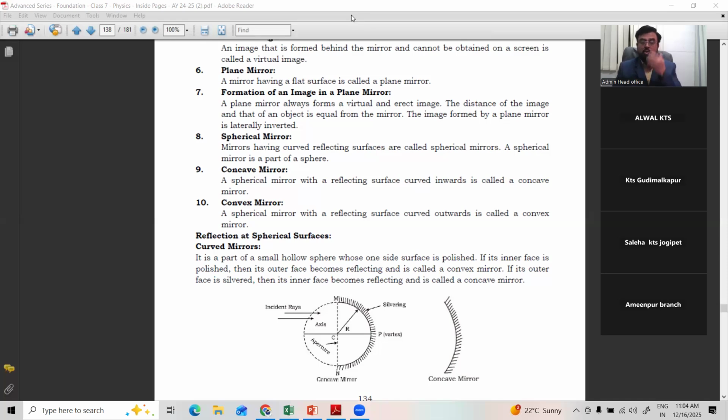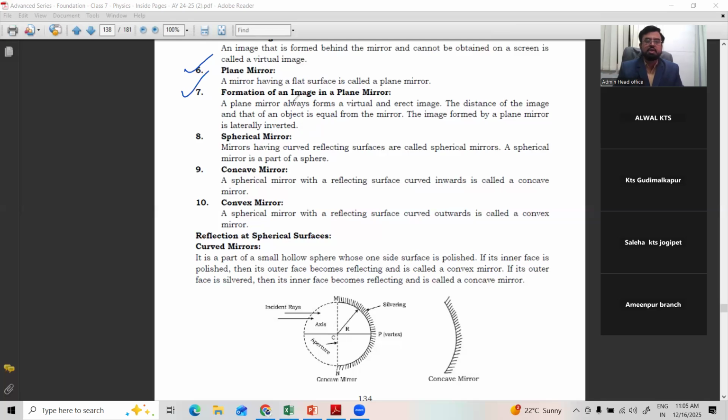Morning when you wake up from the bed, we go and stand in front of the plain mirror only. A mirror having a flat surface, not the bulged surface, not the hollow surface, flat, is called a plain mirror. When you stand in front of the plain mirror, we can see our own image, same color, same height. Suppose you are wearing any dress, same color you can see there. There is no change in color. There is no change in size. The distance is also the same, you and your image from the mirror. So many characteristics are there that you can see here.